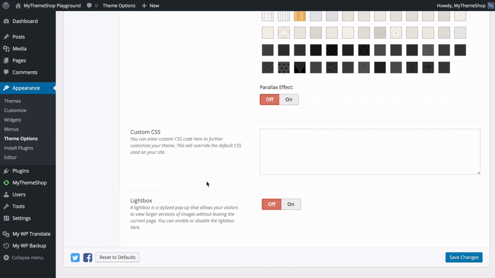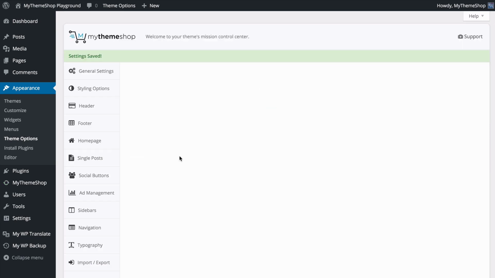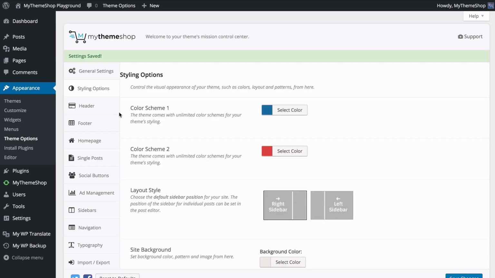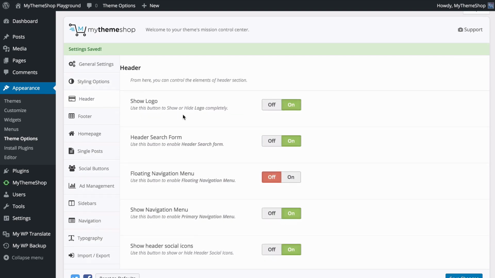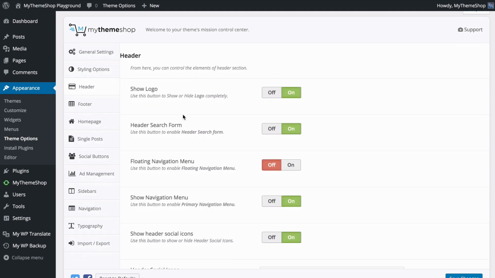the current page. So if I wanted to enlarge an image, I could just click on it and I'm going to have that enlarged straight on the page. You can have this on or off. As always, save your changes once you're done, and you'll be able to see those changes immediately made on your site. Next, we're going to have a look at the header, and from here, you can control the elements of